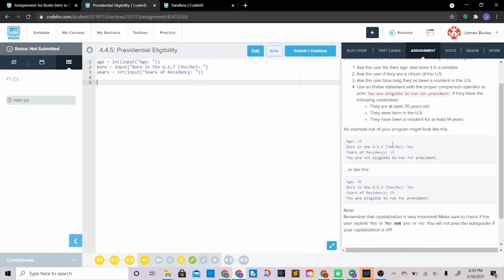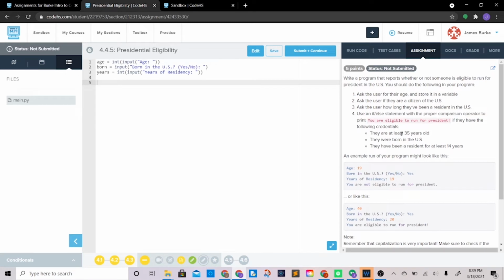So let's try this next part. What we need to do is set up some conditionals. So an if-else statement with the proper comparison operator to print you are eligible to run for president. Okay. So if age is greater than or equal to 35 and born equals yes, and years are greater than or equal to 14, print, you are eligible to run for president. Bam. Else,